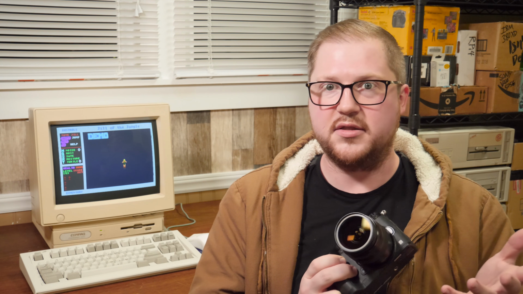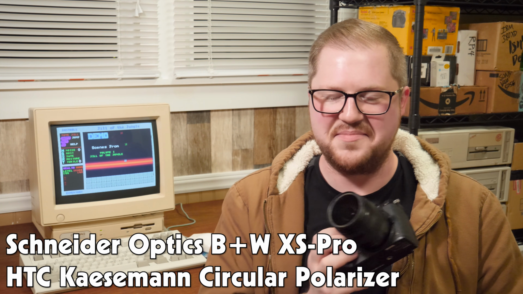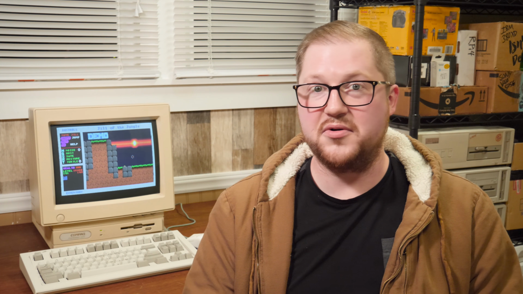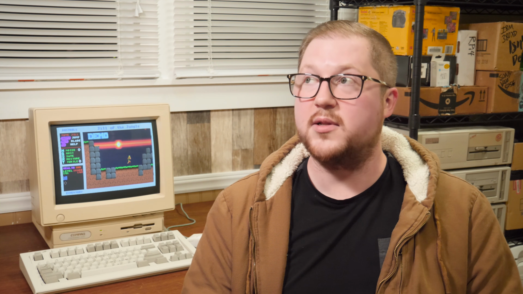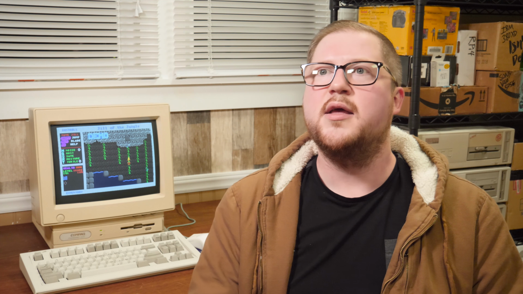Yeah, I've got a bunch of these. This is the one in particular. I'll put whatever it is right along the bottom of the screen here. It's got kind of a long name. But yeah, circular polarizers, very much recommend those if you have the light for it. If you don't, you know, you might not want to bother. You can make it look good on a CRT without these, but these definitely help in reducing reflections and glare and things like that. Now, it's not going to get rid of everything, of course.